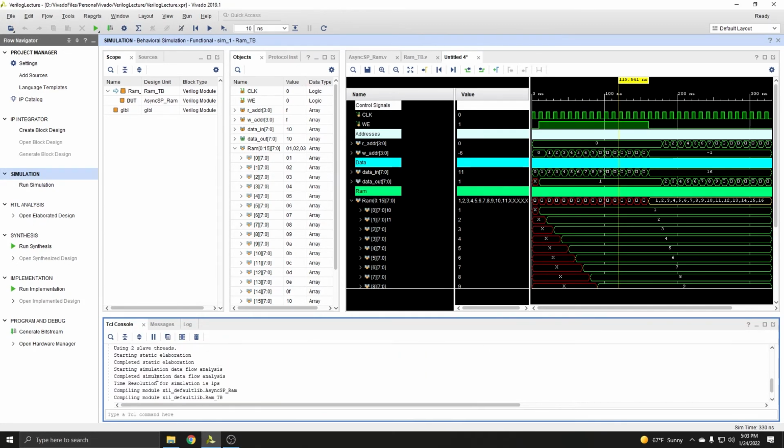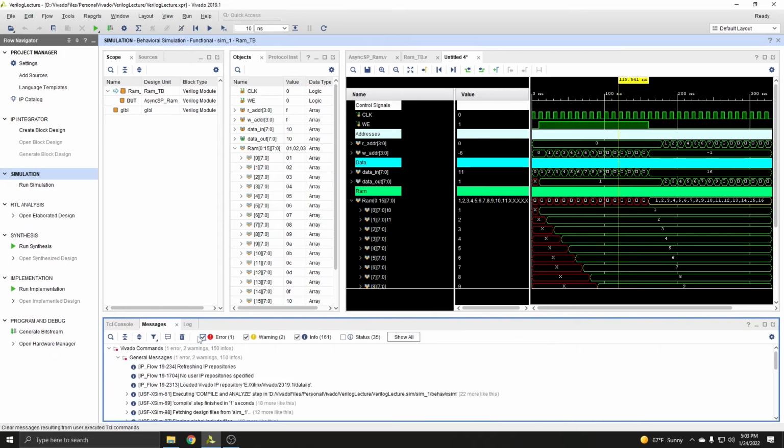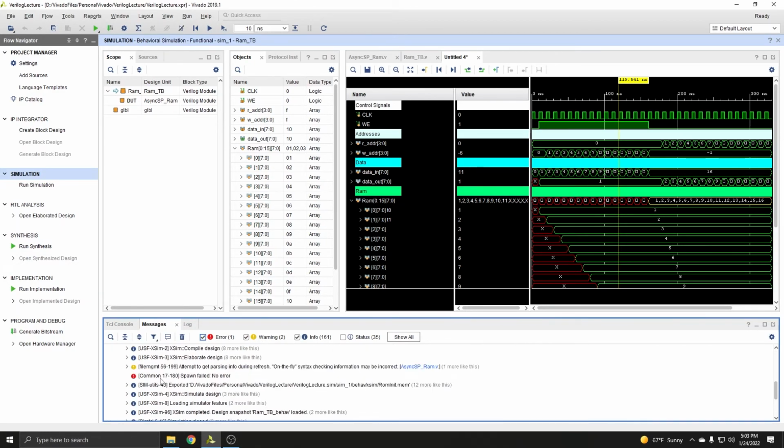Sometimes you can scroll through here when you simulate it with an error, and there will be some labeled as info here. There'll also be some that will be labeled as errors, and you can use those to help determine where you might have gone wrong in your modules. There are also messages. See, there is an error here, but not all of the errors